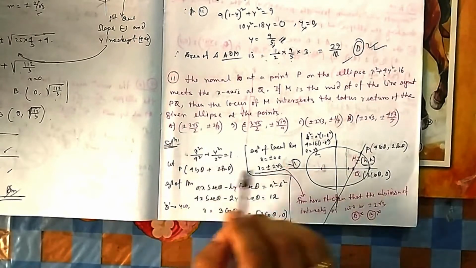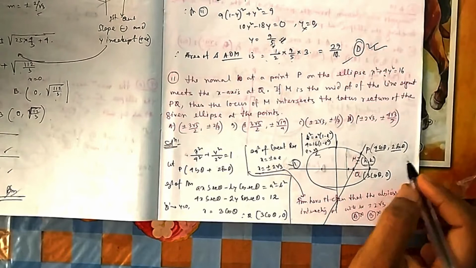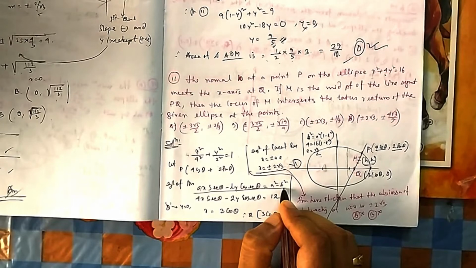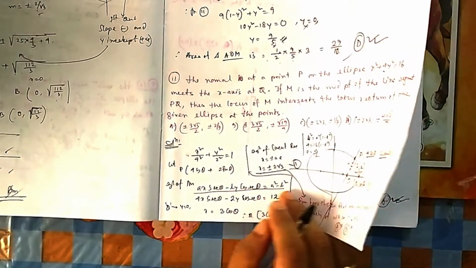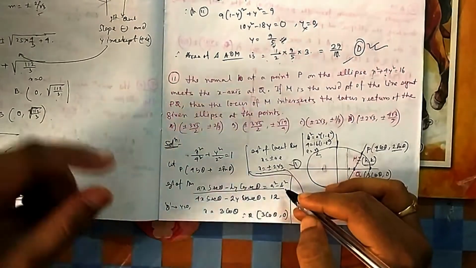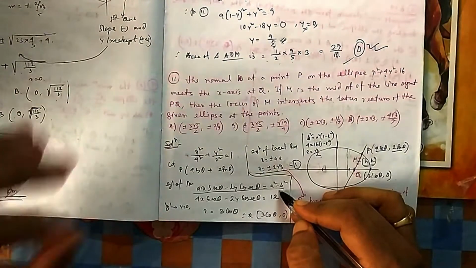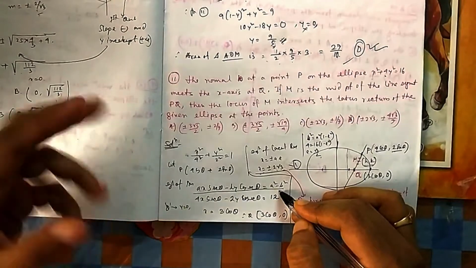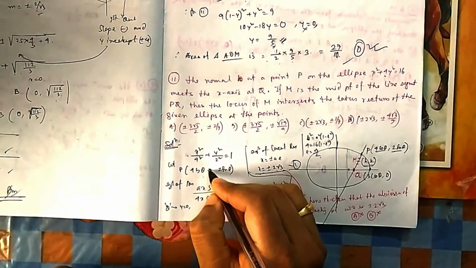So for the locus of M, you need to find the coordinates of the point: (4 cos θ, 2 sin θ). The equation of the normal I have directly written. Again, if you don't know it directly, I have shown you how to write it. From the tangent equation you can write it also, or if you can remember it, then it is okay. In the case of an ellipse, if you remember it, that will be okay, because it takes a little time to get it from the tangent. You have to be clear with the tangent equation, that you cannot miss. If you know the tangent, that is easy, SS1 = 0. From that, find the slope, and then the slope of the perpendicular line passing through this point.